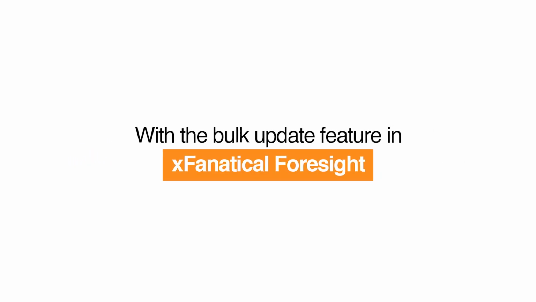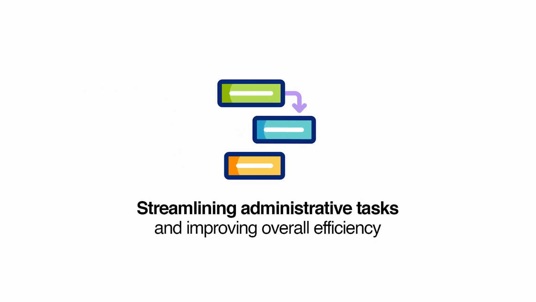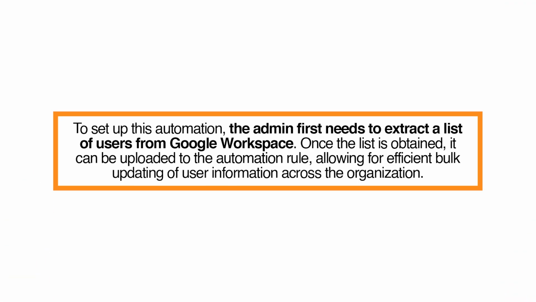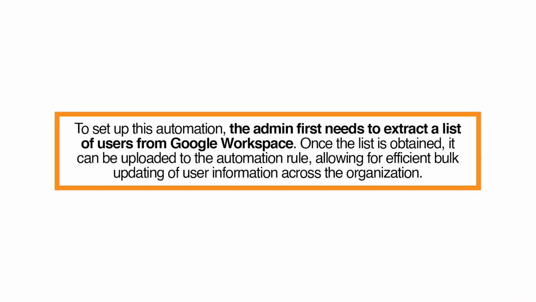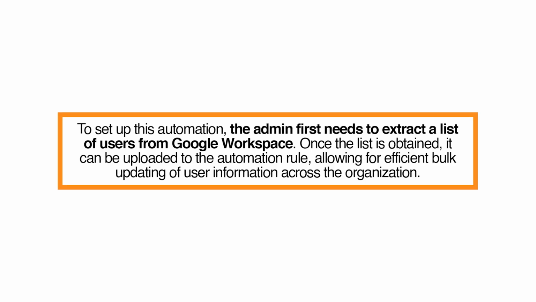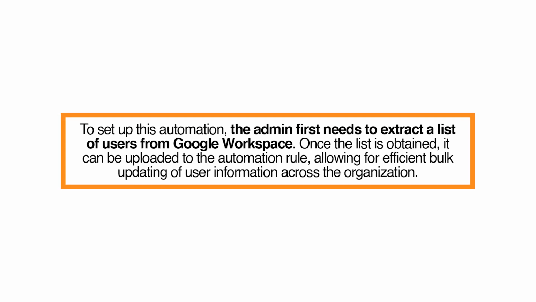With the bulk update feature in xFanatical Foresight, IT admins can quickly and accurately update employee details in Google Workspace, streamlining administrative tasks and improving overall efficiency. Let's dive in and see how it works. To set up this automation, the admin first needs to extract a list of users from Google Workspace. Once the list is obtained, it can be uploaded to the automation rule, allowing for efficient bulk updating of user